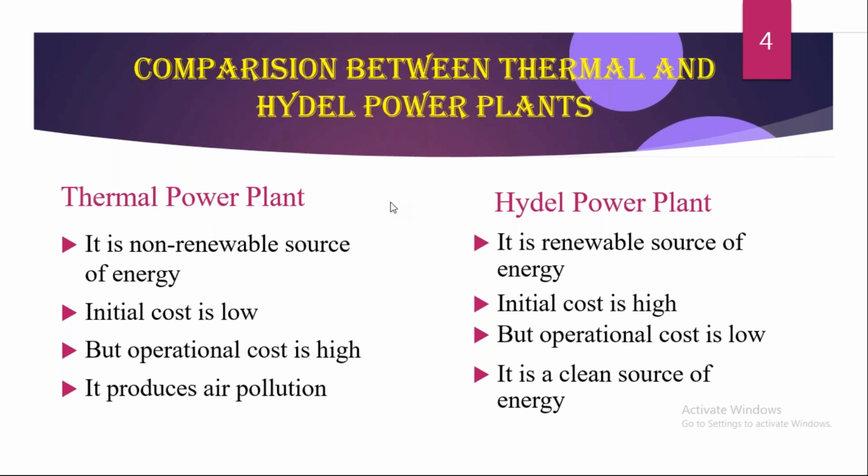Why? Because the thermal power plant has the capacity that within a short time it will gain its synchronous speed. But in the case of a hydro power plant, it is not possible. It will take time. So those are some reasons why the thermal power plant is more efficient than the hydro power plant in how the units attain their speed within a time. So this is the main comparison between these two plants, and these conditions are used for optimal scheduling.